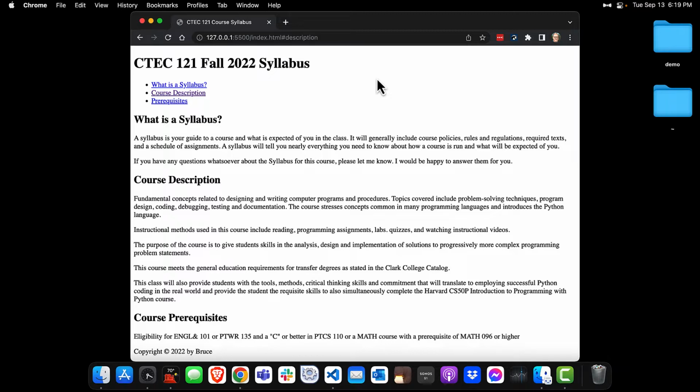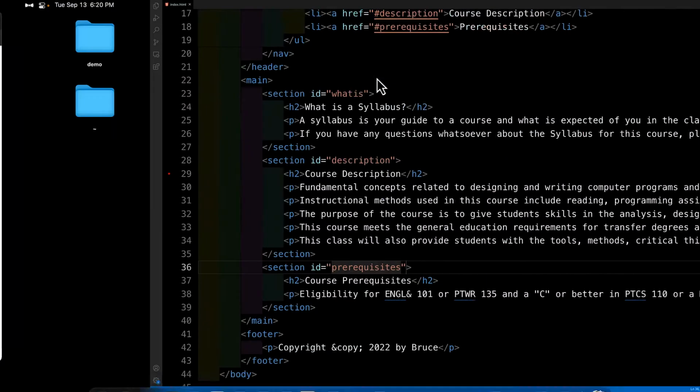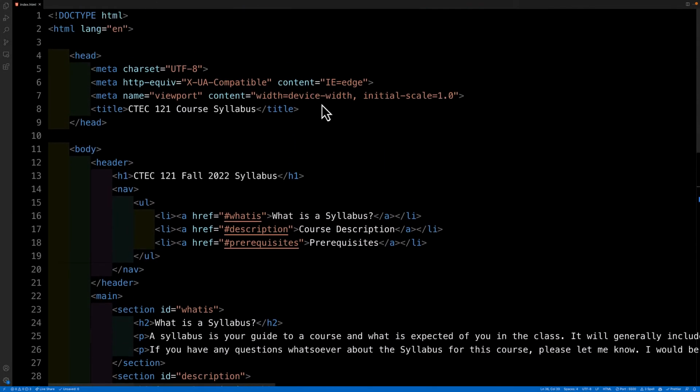I spent the day in several training sessions at the college, and one of them was about web accessibility, and I just wanted to give you a really basic overview about what makes a web page accessible. And again, I'll have more videos on this in the future, but let's dig in by showing you an HTML